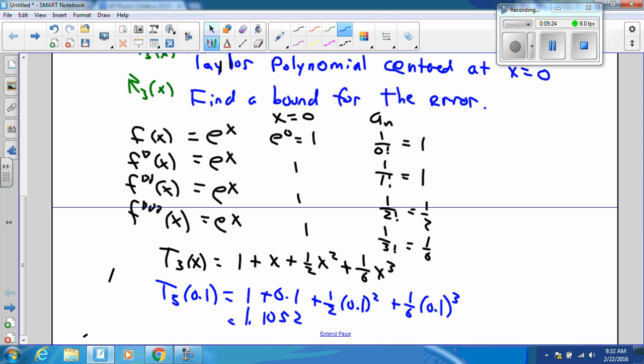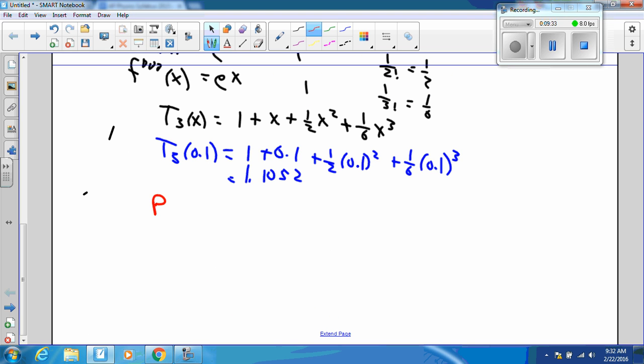Now the question is, how good is this estimate? And the remainder is going to tell us that. It's going to tell us a bound on the error. And so we are going to say that the remainder is bounded by, please notice the notation here, this is the remainder for the 3rd degree Taylor polynomial, and it's the remainder at x equals 0.1. It's going to be less than or equal to the max for all t's between the center and the x value that we evaluated at,